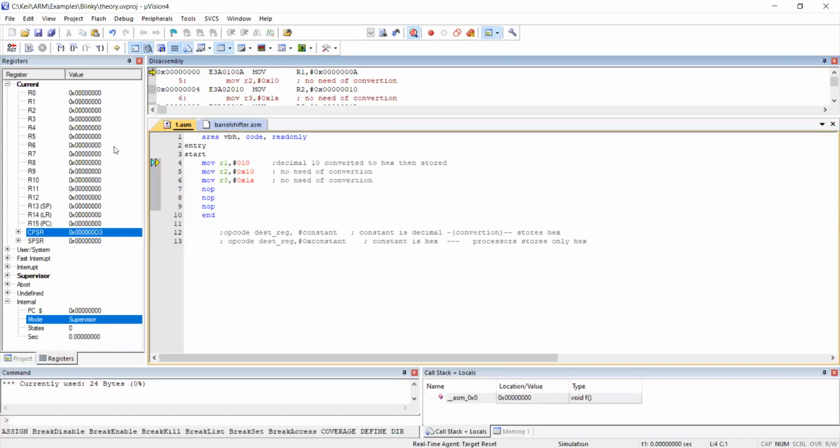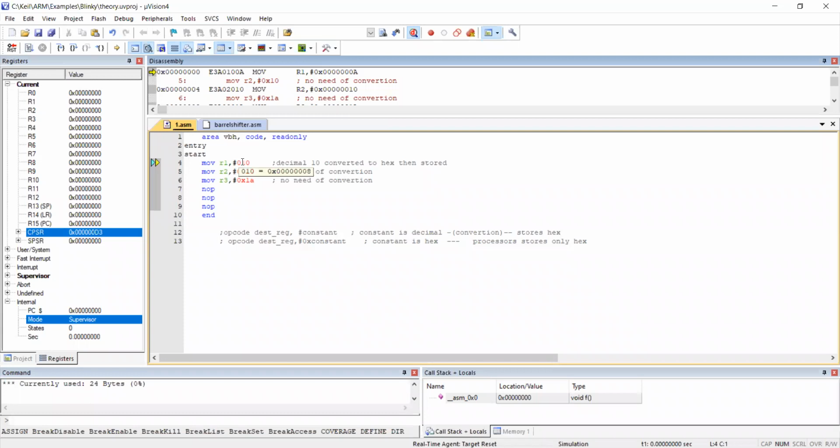I have got the registers, which I should check for every line. I mentioned that the yellow line or this blue triangle is the PC, the program counter, which holds the next executable instruction. You can see this yellow arrow mark here, also in the disassembly portion. It is present at the line called move R1 comma. You can see now, the code is converted internally.